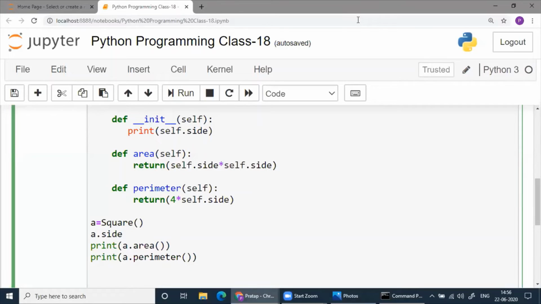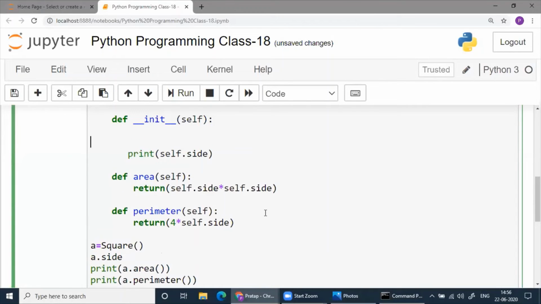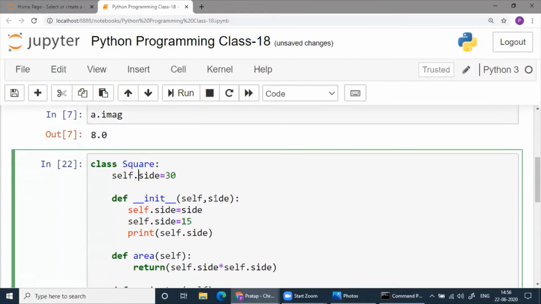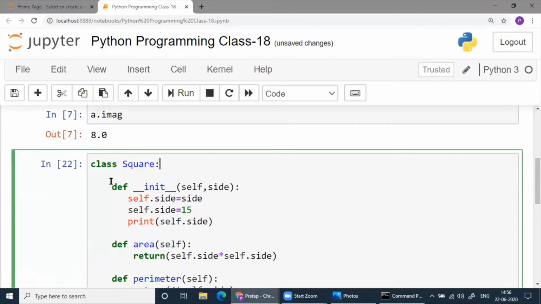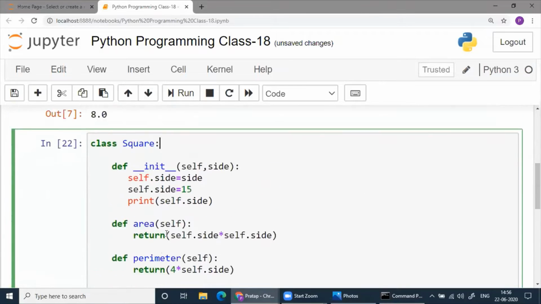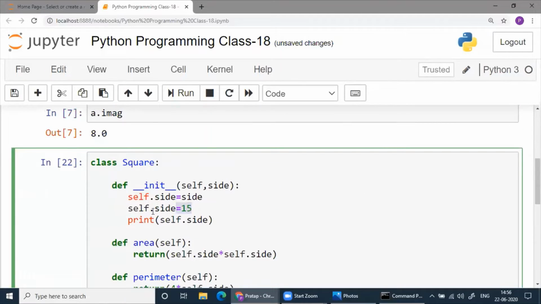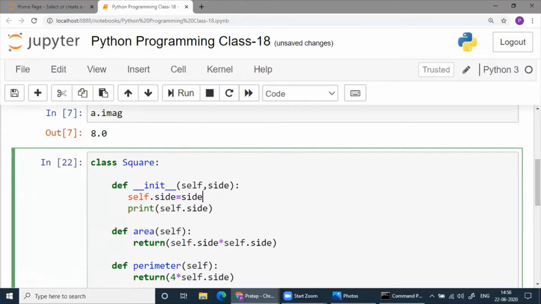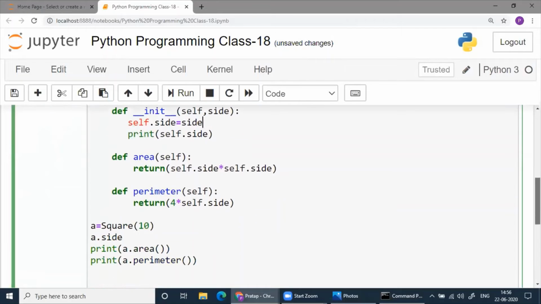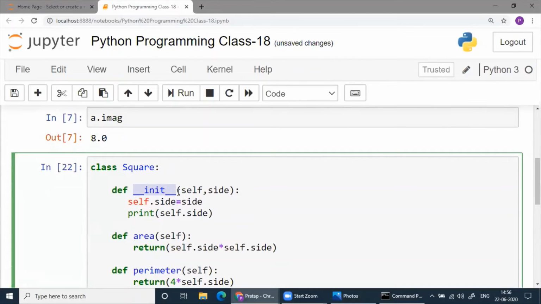Now, let's go back. It was like this. This is even not required. Suppose you call this function, then see what will happen.